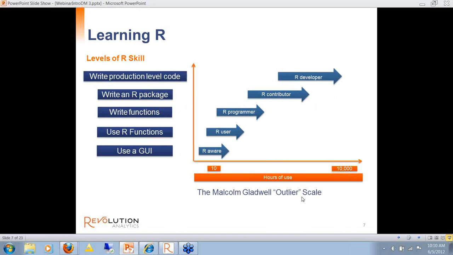But my thesis, my point, what I've seen from working with lots of people using R, experts in R, people who are not quite experts but using R productively, is that a lot of work happens in this area. A lot of good, solid work, satisfying data mining results can be gotten by being in this R user category and not being an expert programmer. So this is where we're going to go today.